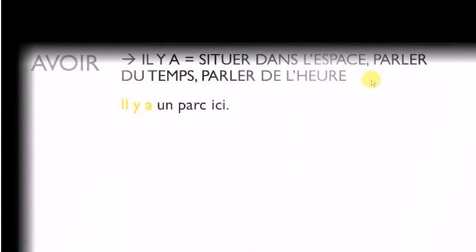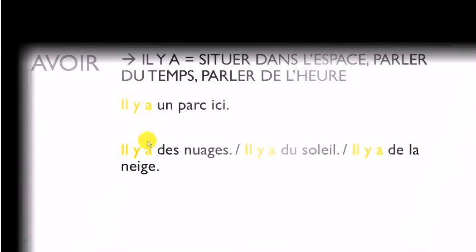Okay, so let's see one example. Il y a un parc ici. So there is un parc, ici, here. Il y a des nuages, clouds. Even if we've got this il y a, remember that it can be for the singular, or it can be for the plural as well.